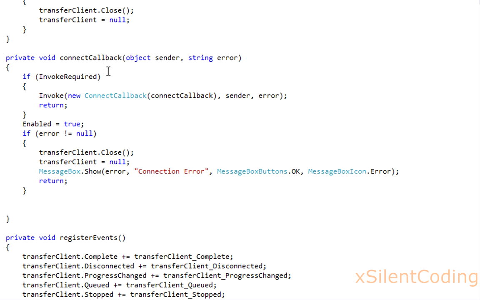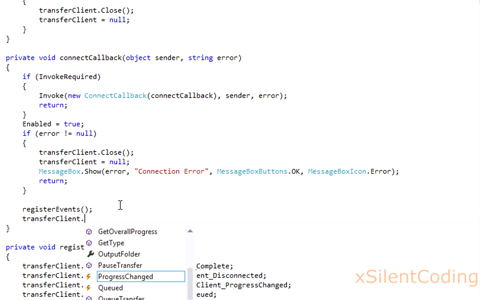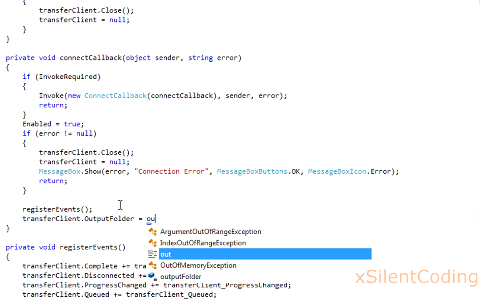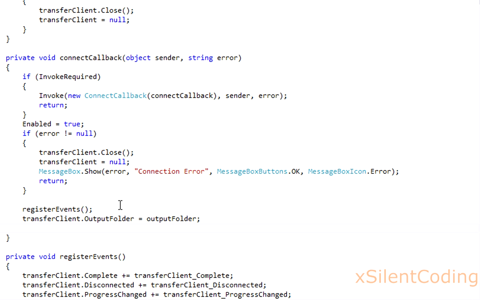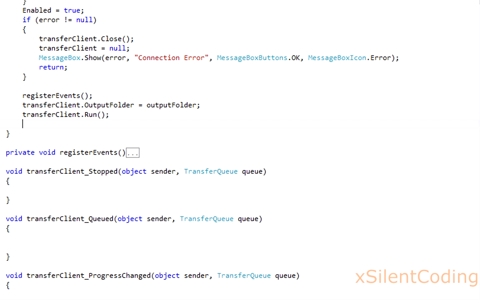Okay, now back in connect callback. If the connection was successful, register the events, transfer client dot output folder equals our output folder variable, call transfer client dot run, and now let's make another method